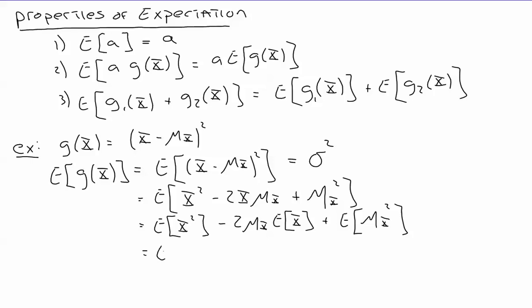And so this is just going to be expected value of x squared, or my mean squared value, or my normalized power, minus 2 mu x times the expected value of x. Expected value of mu x squared is just mu x squared. The expected value of x is just mu x. Simplify this one more step, and I get